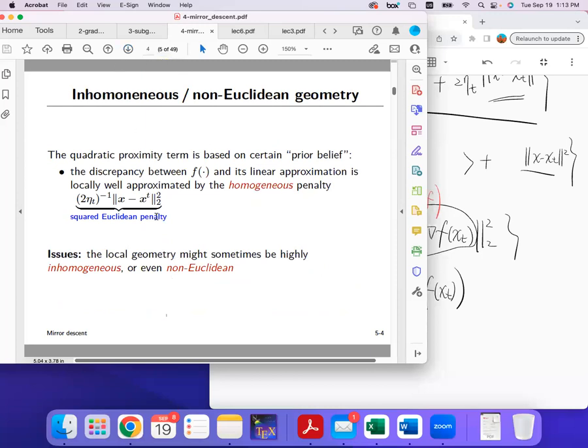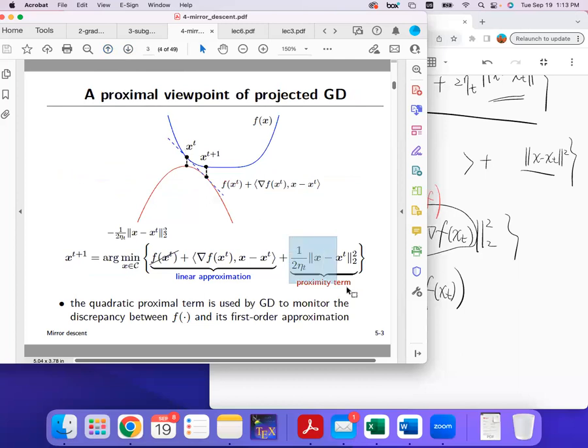Okay, so in projected gradient descent, as we have shown, we use this quadratic term, or more specifically, we use this L2 distance to the power of 2. So it is based on L2 distance, but L2, we have seen in the previous lectures, means that we